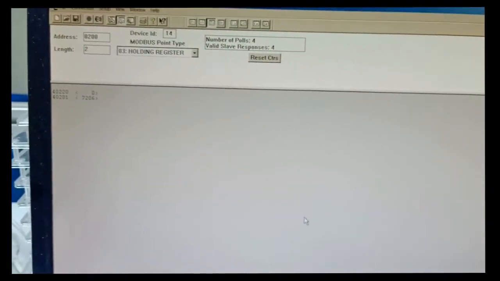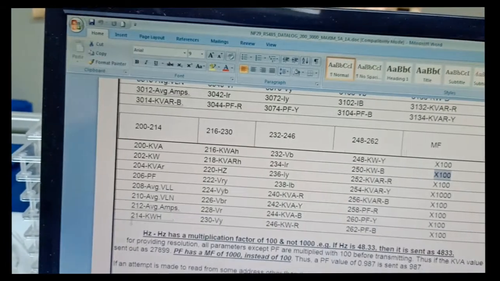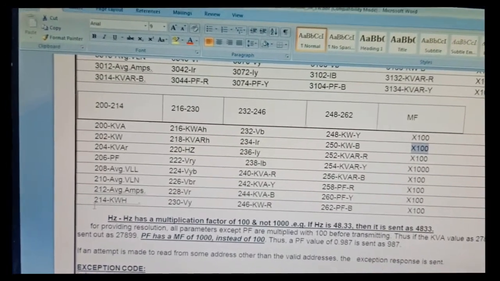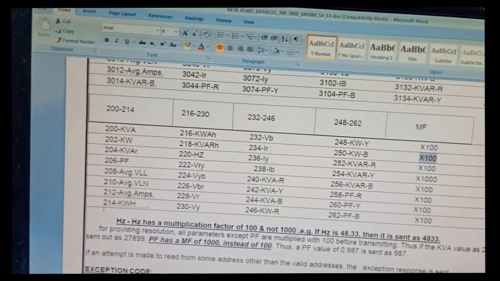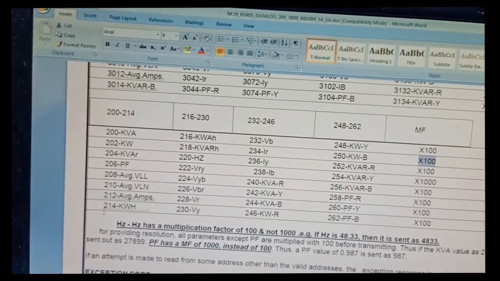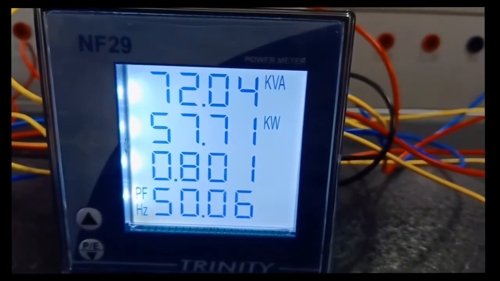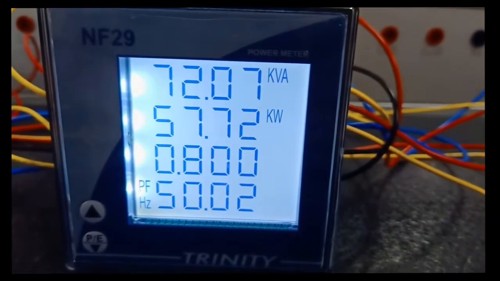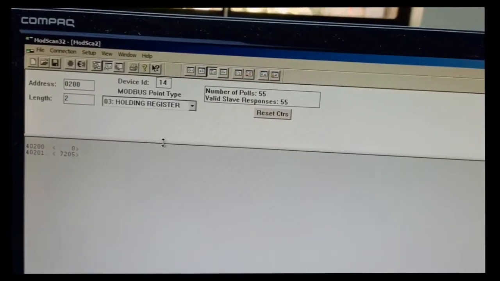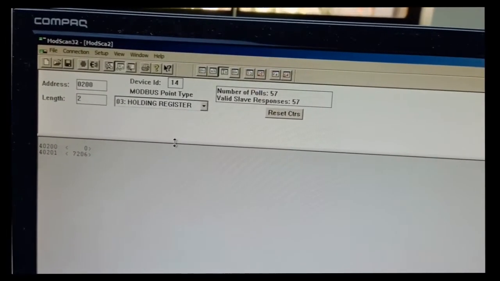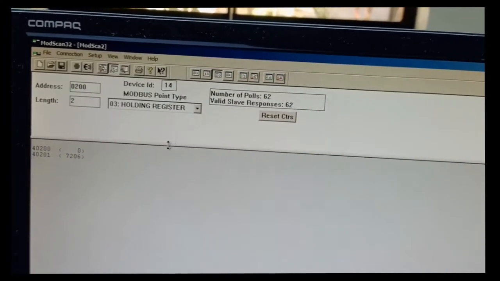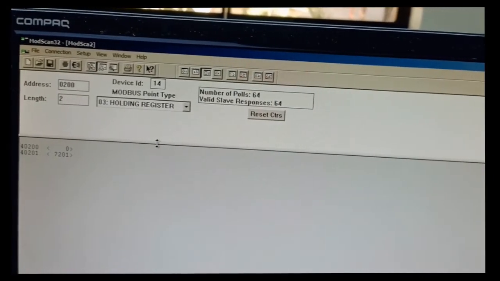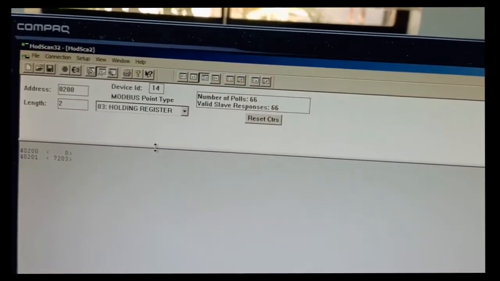As per the address map, at address 200 I should get kVA. On the meter display, kVA is 72.05. On Modscan32 we are getting 72.03 on address 201. Actually, all our parameters are 4 byte unsigned long.